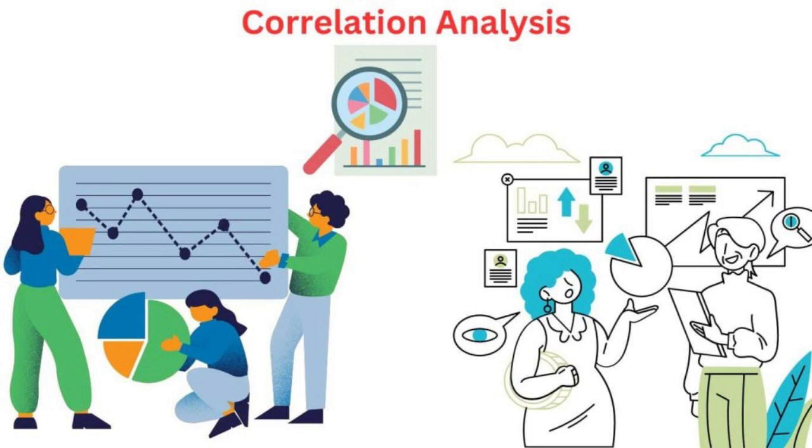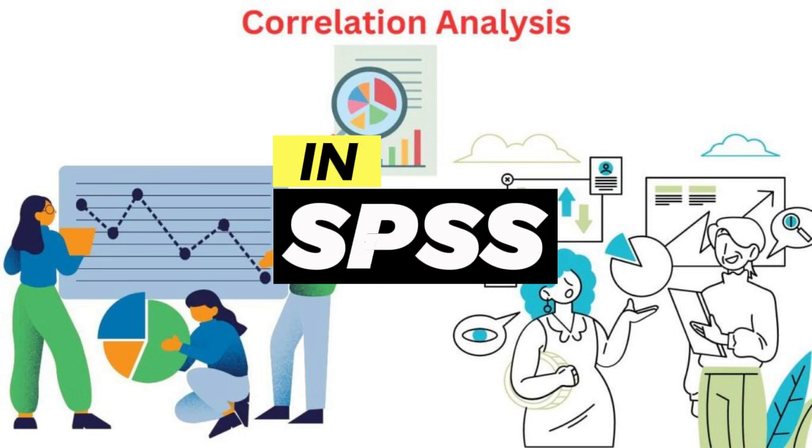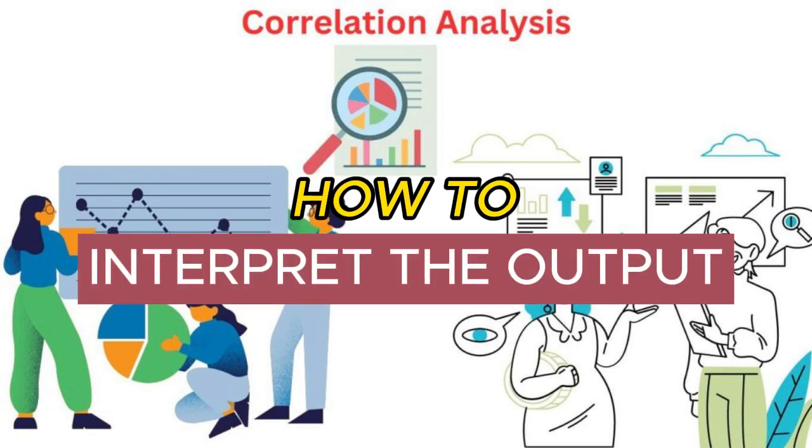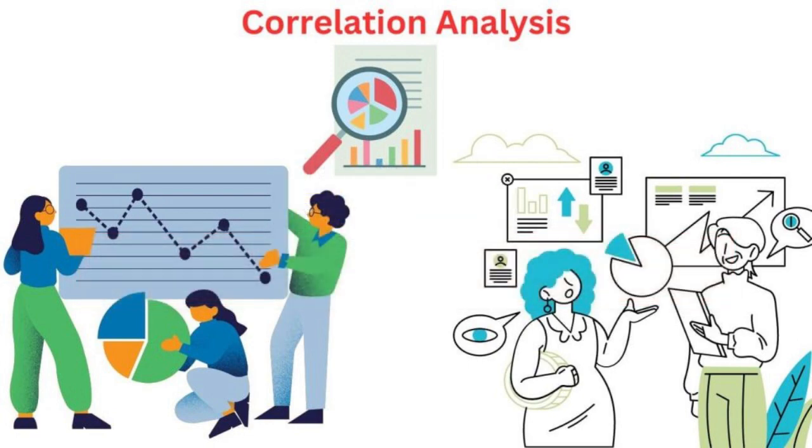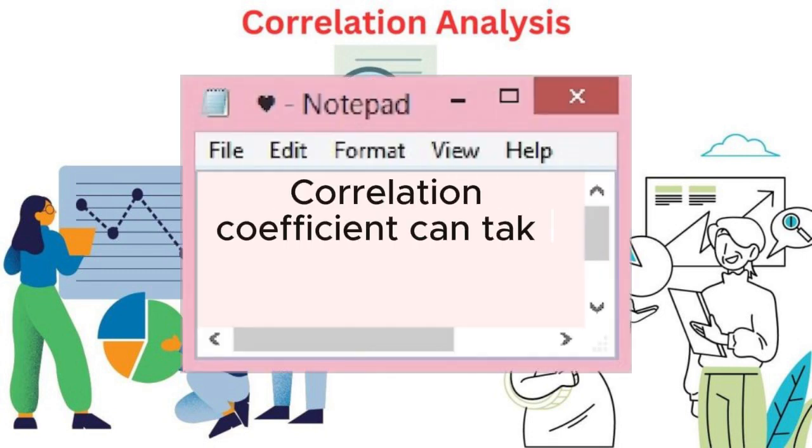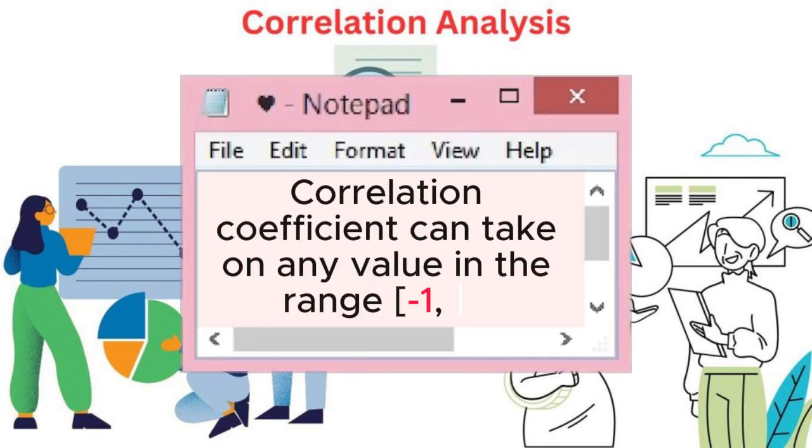Hello everyone. In today's video, we are going to learn how to perform correlation analysis in SPSS and how to interpret the output. Before we start, it is important that we have this information in mind, which will help us to interpret our output. First, we must know that the correlation coefficient can take on any value in the range -1